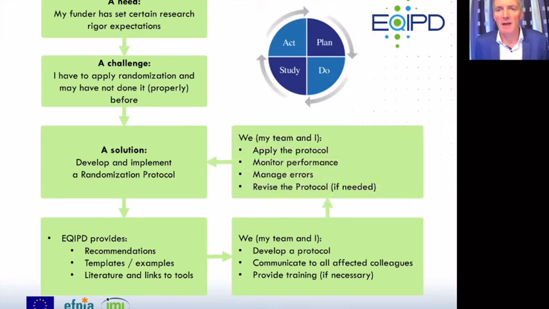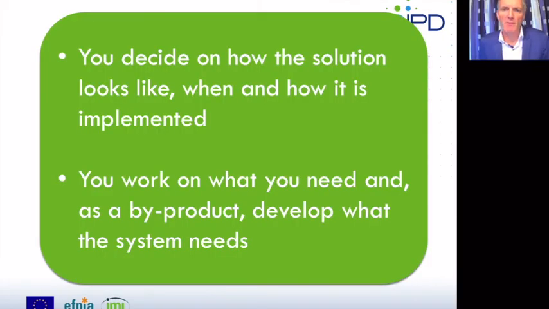When randomization is then applied, it's important to evaluate whether the objectives are reached, whether there are errors occurring, to ask colleagues whether there's anything else that could be improved, and if that's the case, then the protocol can in turn be improved and revised, and this cycle followed again and again. So it's important to emphasize that eqipd does not prescribe how a randomization protocol should look and whether it should be a standalone document or a part of a study plan. It's up to the researchers, up to you to decide what your solution looks like and when and how it's